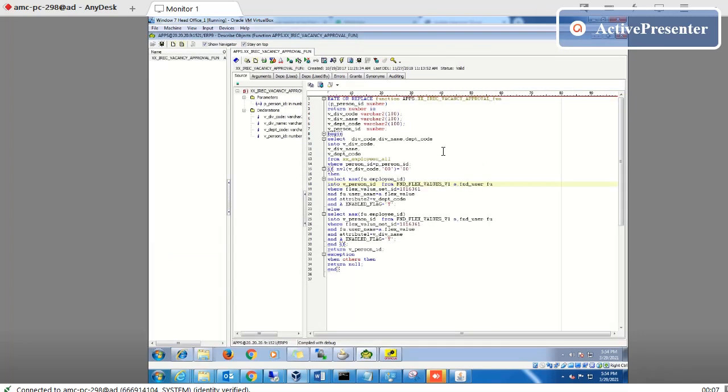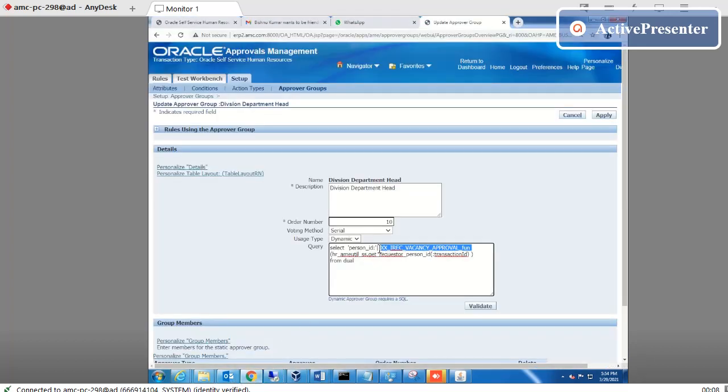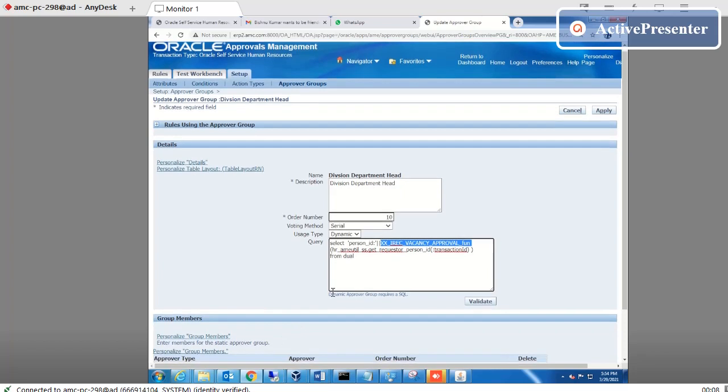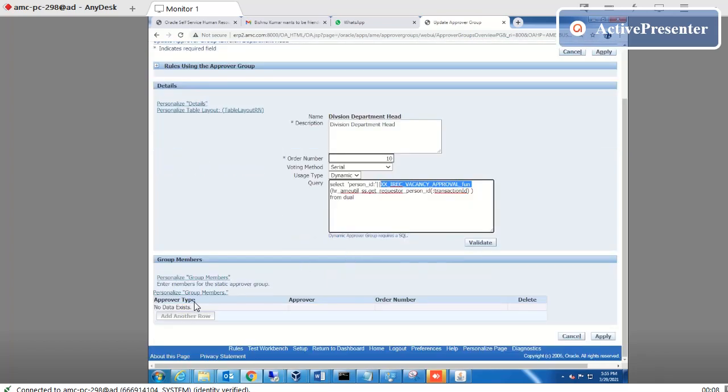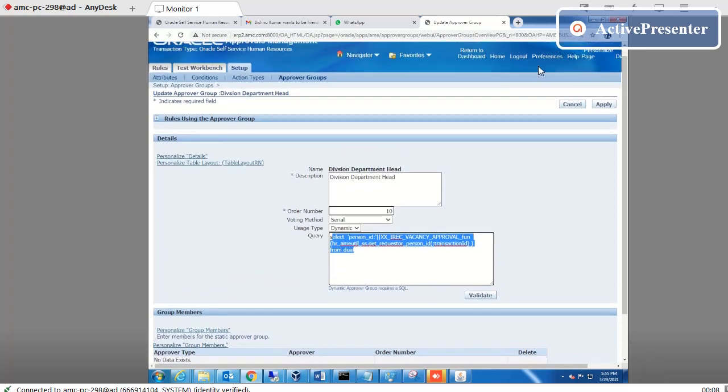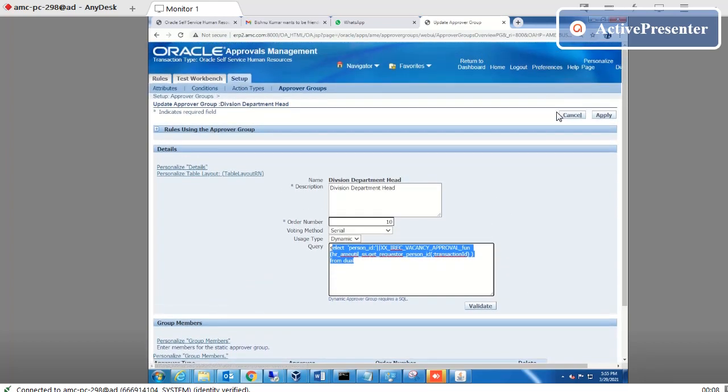As per the business requirement, we have to get the person ID from this function. So we have done it, I get this function ID, and there is no static approval here. The ID will appear from here, so like this, it is approved. In the AME, like this, we can make a condition also. We can test the condition from here also.